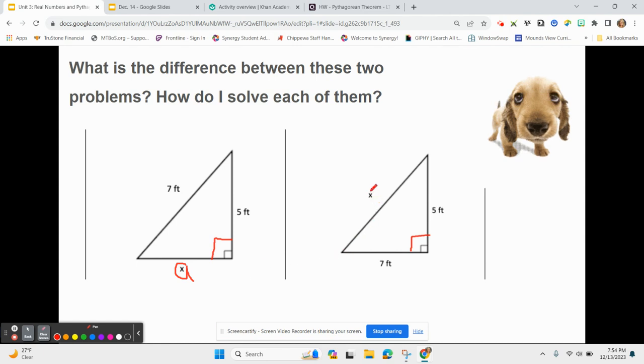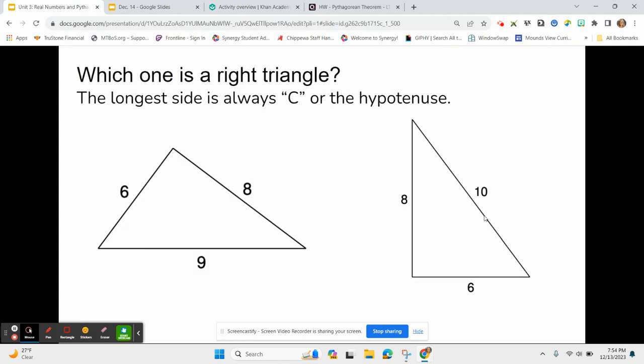Versus the triangle on the right, where the hypotenuse is missing. And we know that the hypotenuse is the easier one to solve. So let's take a look at my next slide. A reminder that when we solve for the hypotenuse or any of the sides of the Pythagorean theorem, C is